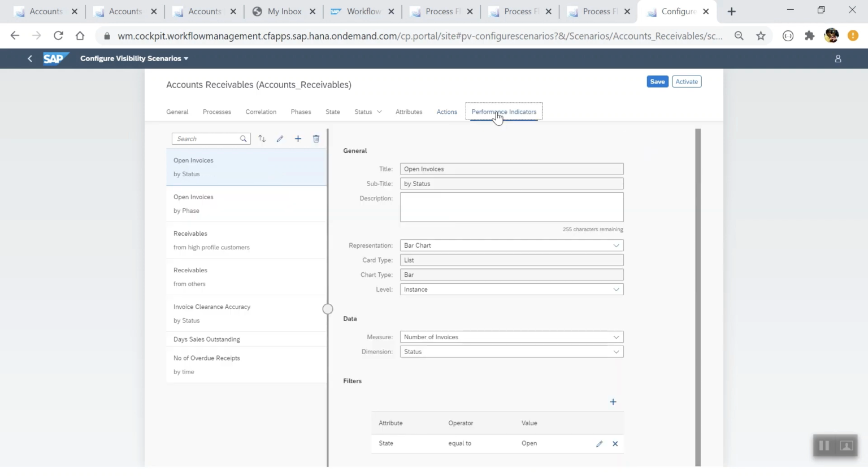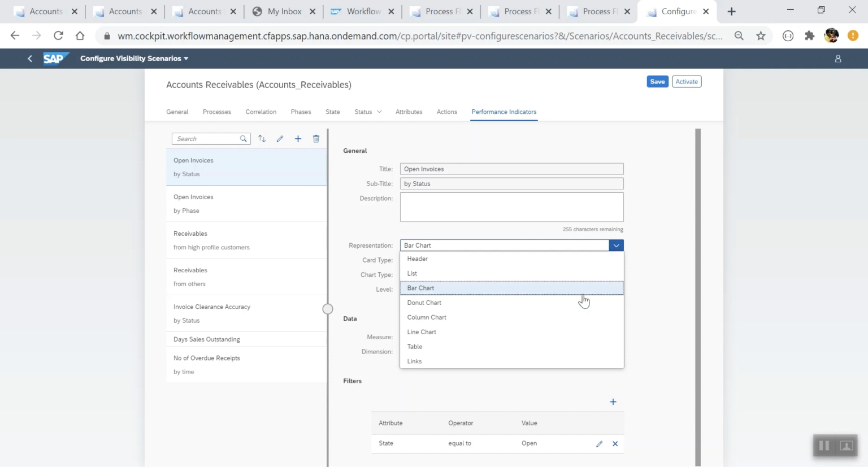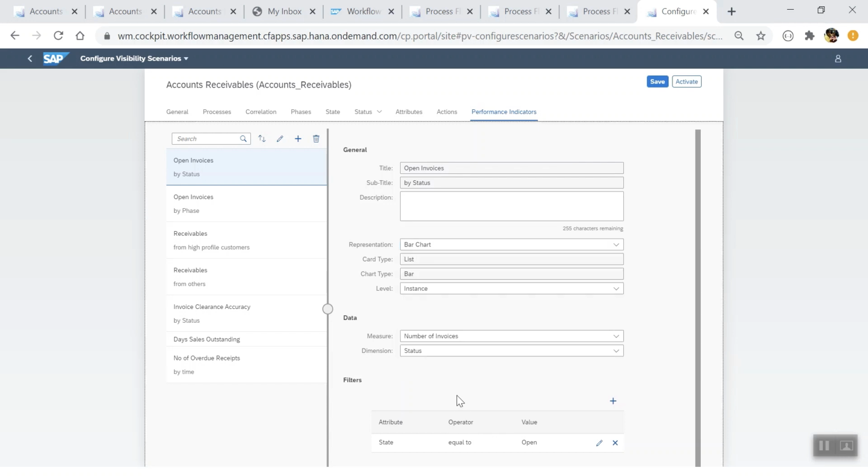Finally, the line of business user can explore the available potential indicators, can modify these, and can give different visualizations to them like bar chart, donut chart, column chart, etc. He can also set the measures and dimensions, filters, and so on.